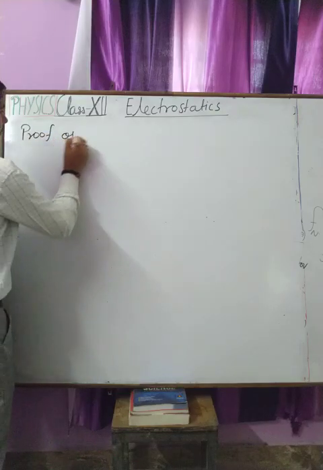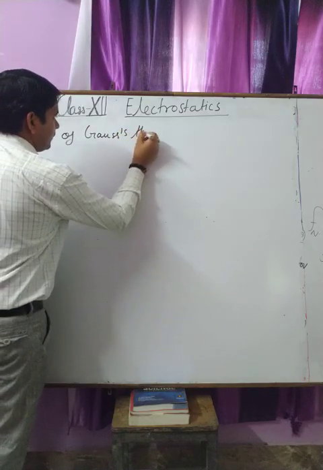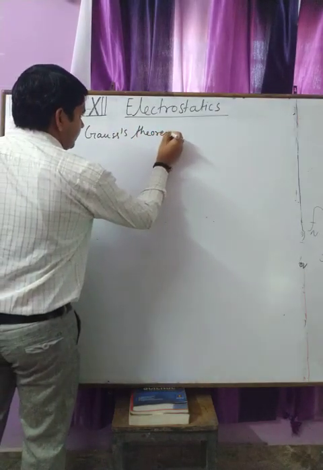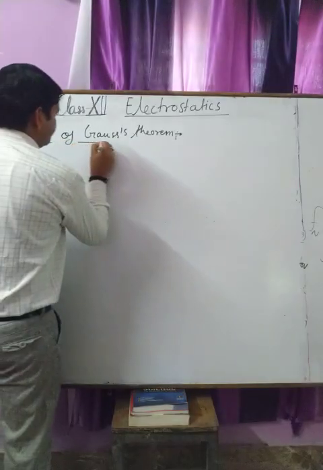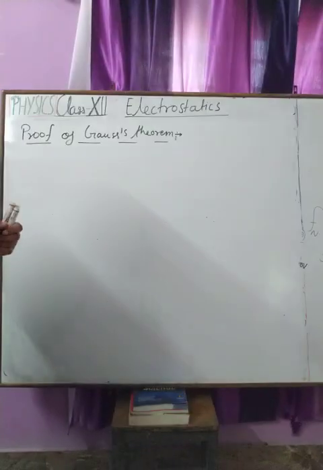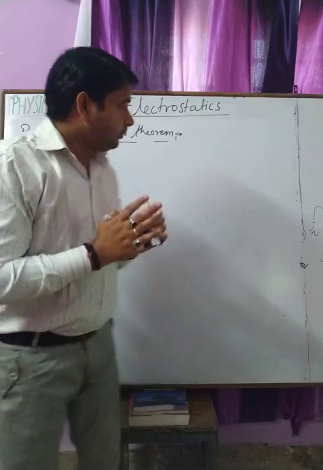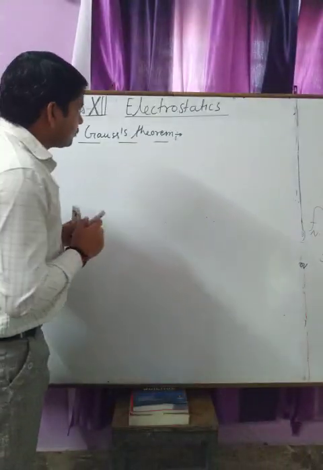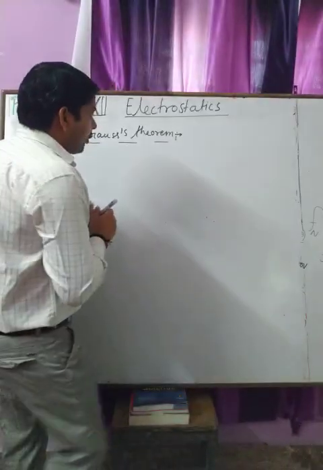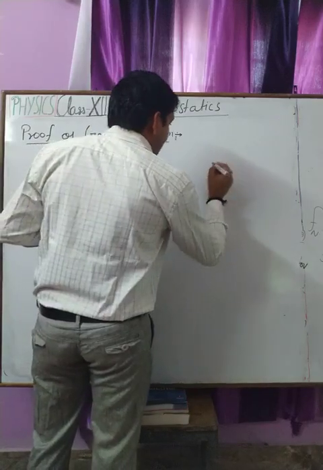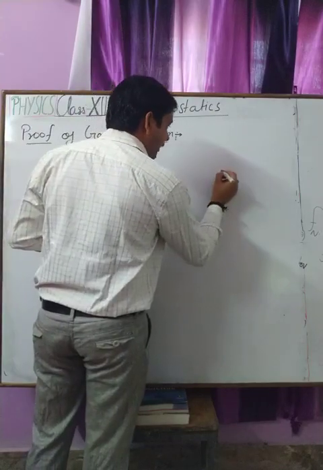Proof of Gauss's theorem. Okay, students. For proving it, first we need to assume a charge distribution. For this proof, we are taking an isolated point charge +Q, which is placed at the center, at point O,